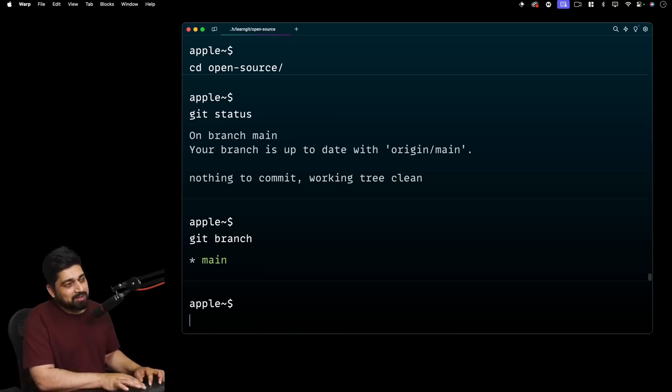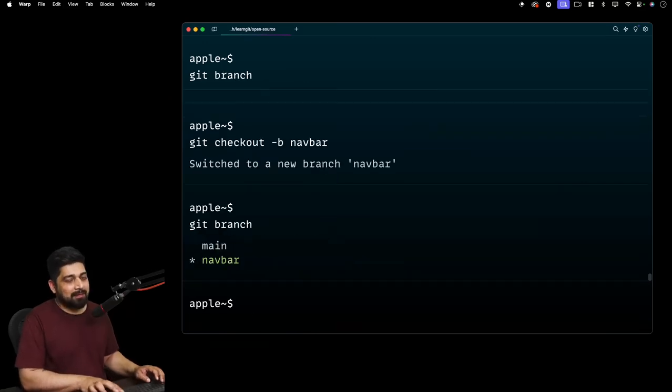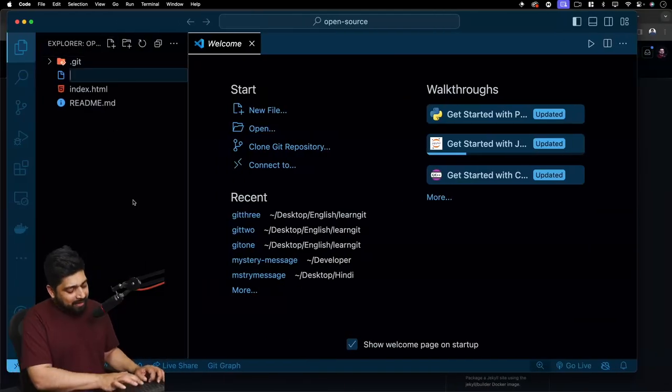Let's go ahead and do this. What we're going to do is create a new branch. I'll say git checkout with the -b option, and we're going to create a navbar and nav feature. Navbar is good. I'll just call this one navbar. Now we are on this branch. Let's verify. I'm in the navbar branch, and I'm going to add a navbar